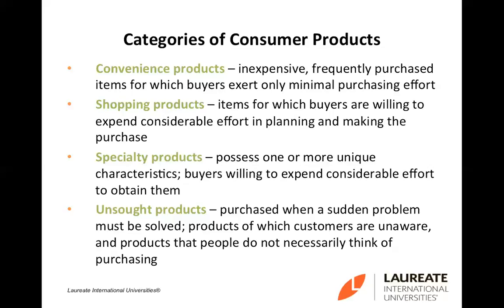The next one is shopping product, where from consumer buying behavior perspective, it is not used on regular basis. So people use it less frequently, or purchase that less frequently. So you can consider clothes or mobile devices, mobile phone. You are not going to buy mobile devices every day. If you buy a mobile phone, you may buy it every few years after the contract is expired, for instance.